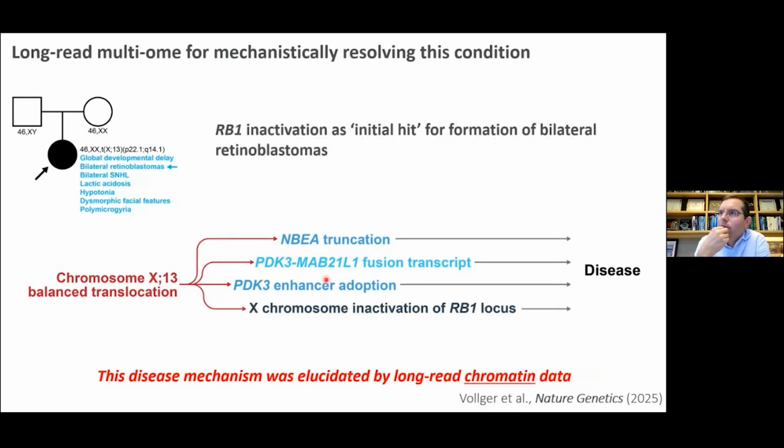Furthermore, this is a translocation that involves the X chromosome. We're able to show, based on the epigenetic data, that this results in spreading of XIST-mediated silencing off of the normal part of the X chromosome into this chromosome 13, and subsequently somatically silencing the RB1 gene locus in a small percentage of cells, but enough to initiate the initial hit in the formation of her bilateral